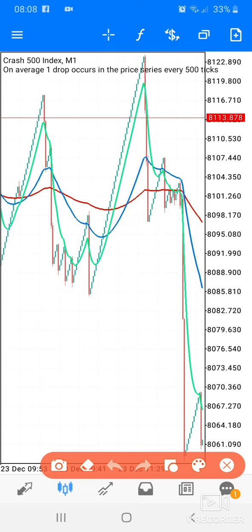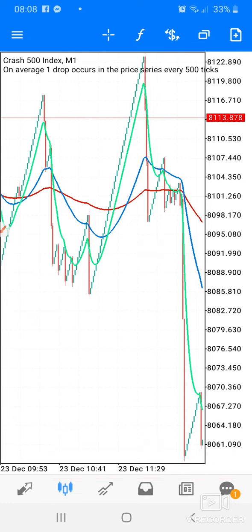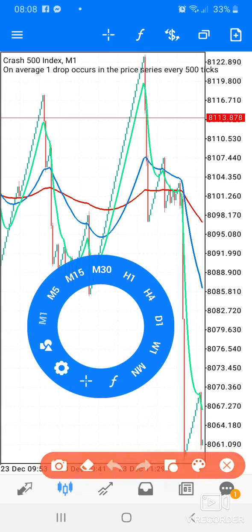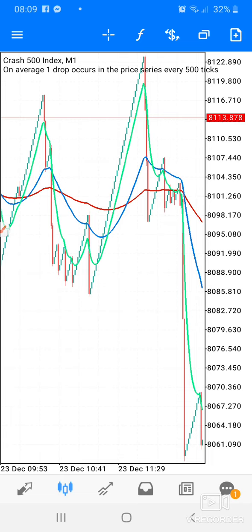The moment that there is a breakout on the 200 exponential, that's when you want to enter the market. There are high chances of you catching more spikes. The moment that there is a breakout, we're talking about this area where there was a spike and it broke through the 200 exponential moving average. This is where you want to start trading. So you know that if there is a breakout,